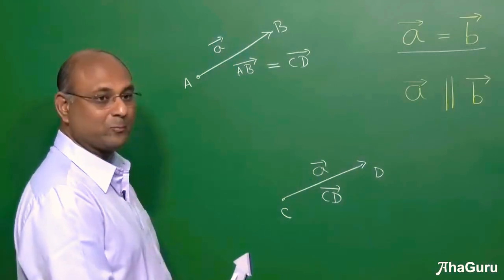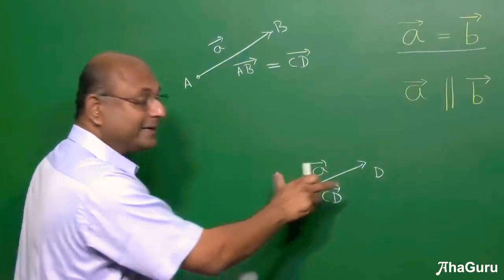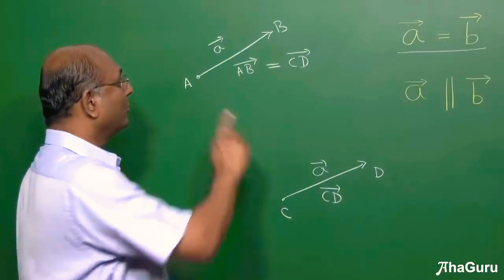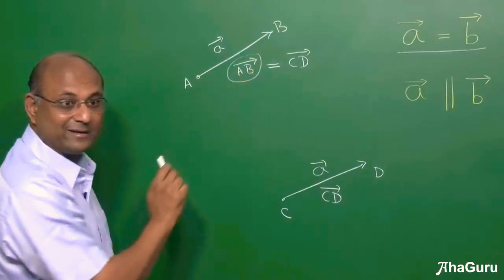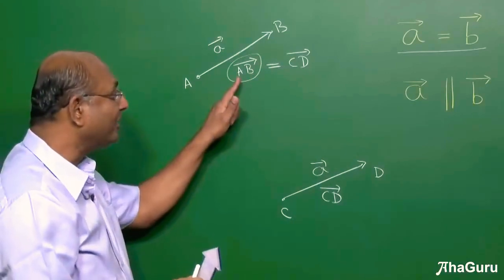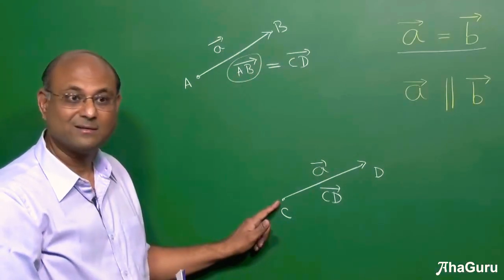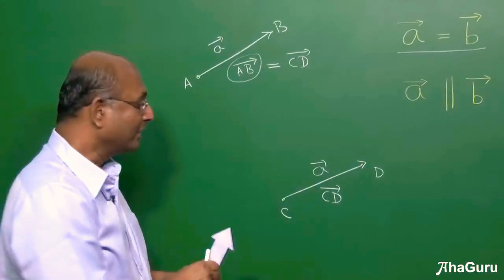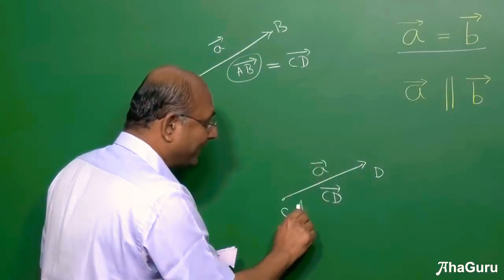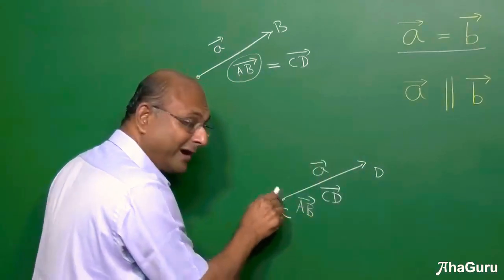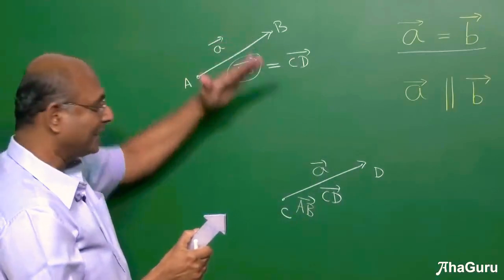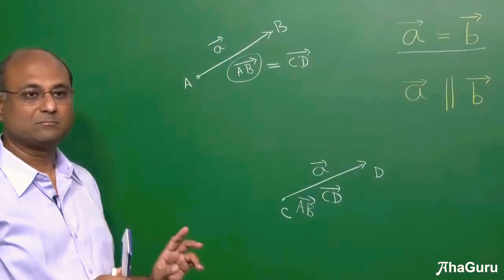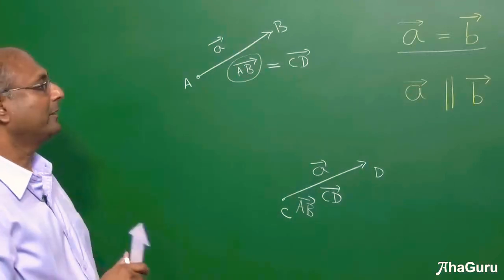So I hope that is clear. If you turned it, it is not equal. So AB vector need not start at A. Please keep that in mind. It need not start at A, it could start at C. Is that understood? So even this is AB vector. This point is not A, but the vector is AB because this vector is AB and that vector is equal to this vector. Clear? Okay.